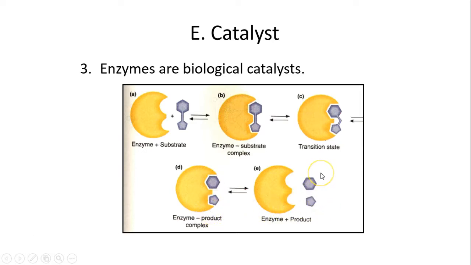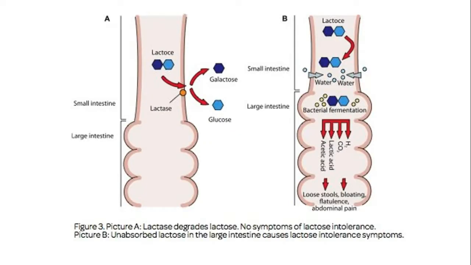So you have a lot of enzymes in your body that help you break up things like food. For example, in order to break up lactose, some people are lactose intolerant, you need the enzyme lactase. And so if you have lactase, if you're a good producer of lactase, you have no problems. You break it up into galactose and glucose and you move on. If you're lactose intolerant, you cannot break up that lactose, and instead in your intestines that lactose starts to ferment,